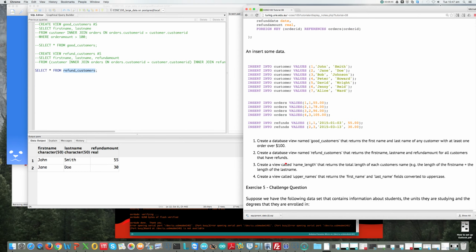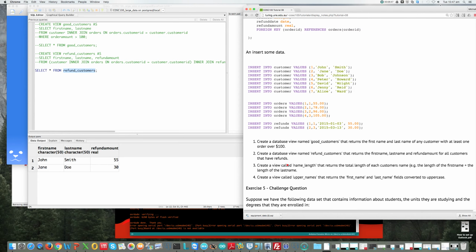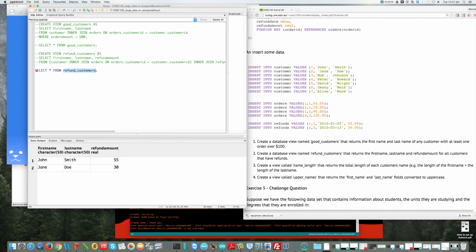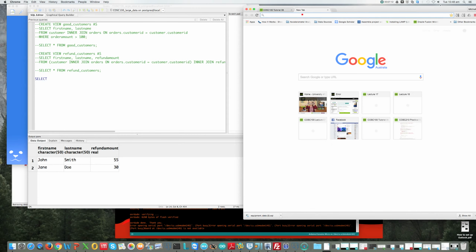So the next view asks us to create a view called name length that returns the total length of each customer's name, e.g. the length of the first name plus the last name. So we can jump on in. In this situation, first of all, I just want to test our query because this one's slightly more complicated. So we want to select, I believe the function call that we're after here is in